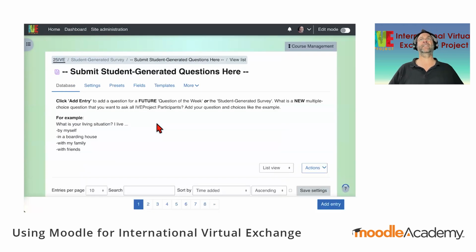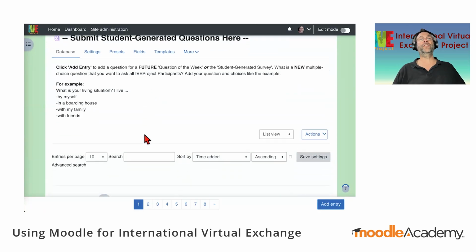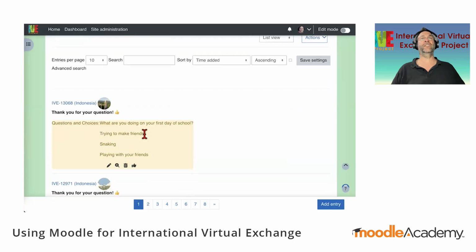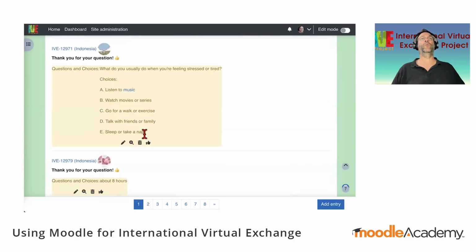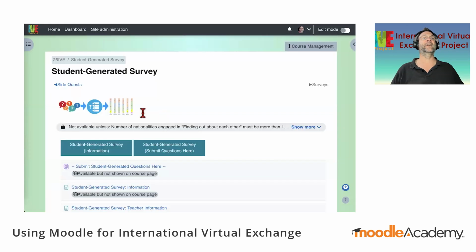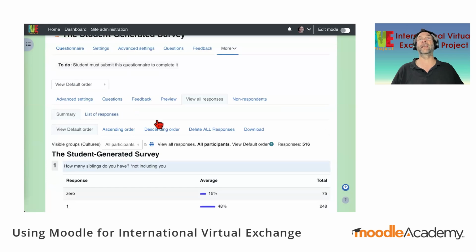We have a student-generated survey as well from culture. Again, the database is set up. Students post their questions, and we then share them with a number of teachers. Then we choose the best questions, and we create the actual survey. The survey is using the questionnaire module, which is, again, an amazing module that we love.